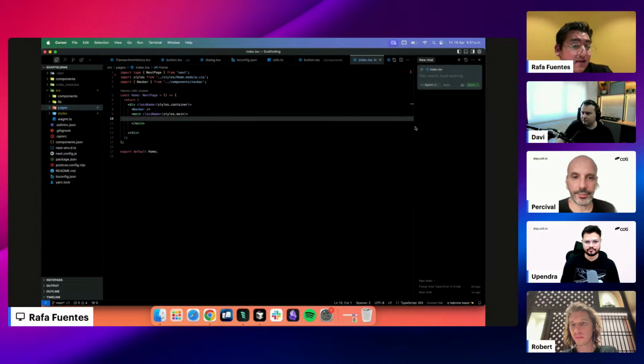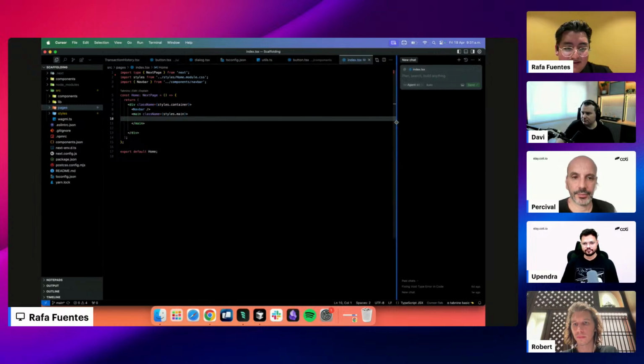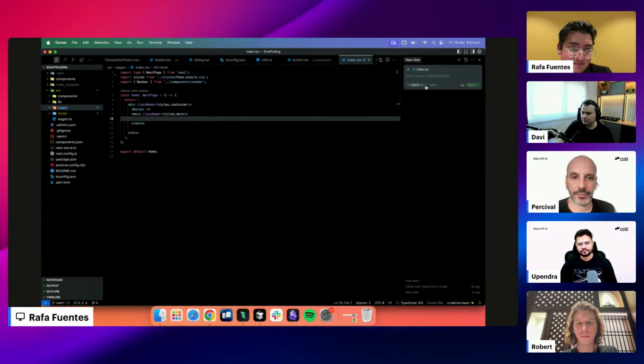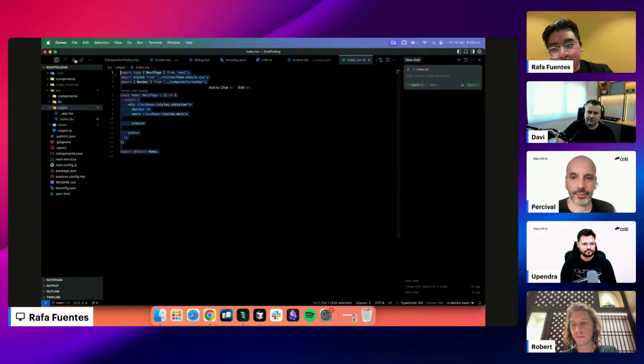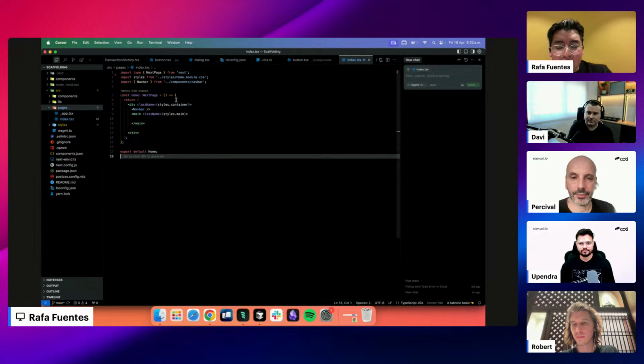Okay, what is this chat? This chat is basically like an LLM that we have. We tried before ChatGPT or Claude, and we can chat with this IDE and ask for anything to code. In this case I'm in this file, and I'm gonna write anything just to build something. I'm gonna ask Cursor to build a component